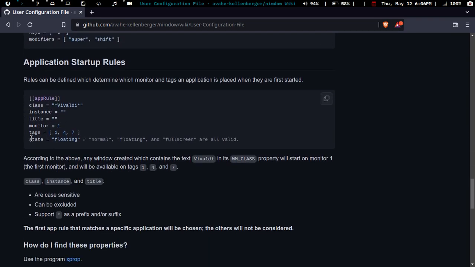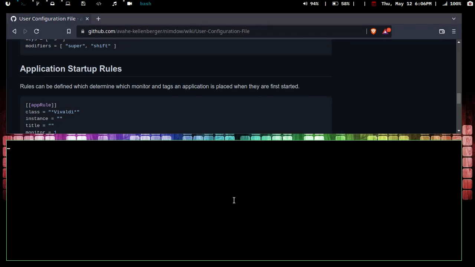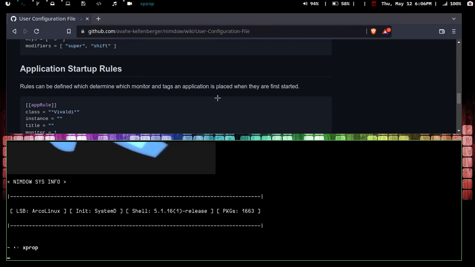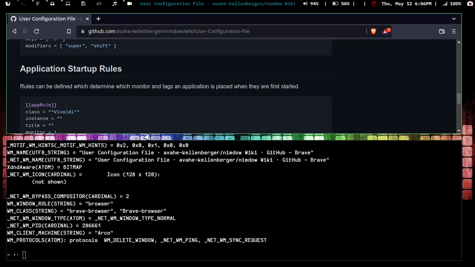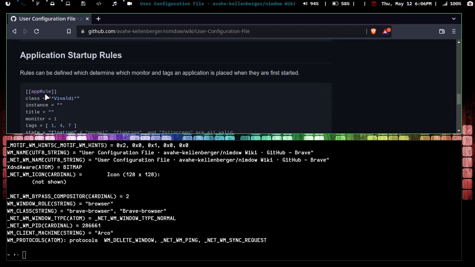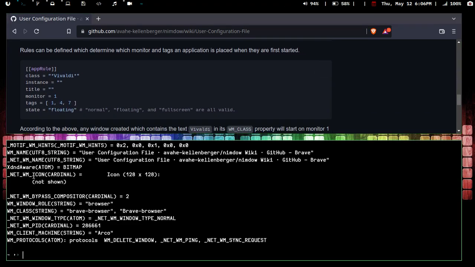You can do application rules. This shows the application Vivaldi. Now it says class and instance. To find your class and instance, let's launch another window here and run the xprop command, and you'll get this little plus or crosshair. Just click on the window you want, and if you come down here it gives you all this information. It says class and instance. Well, if you look for window manager wm-class,